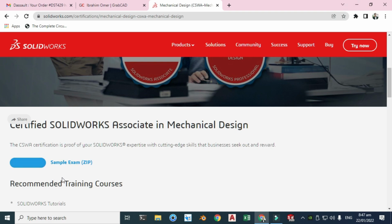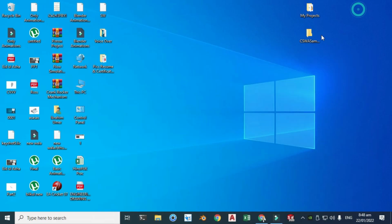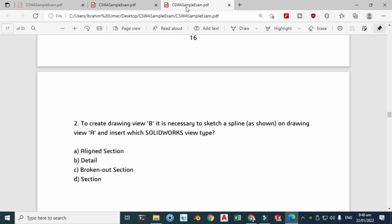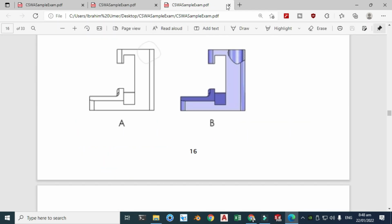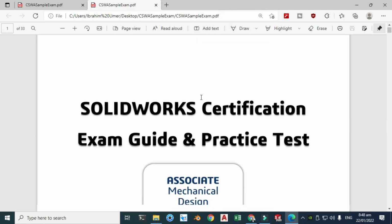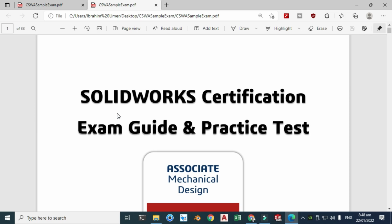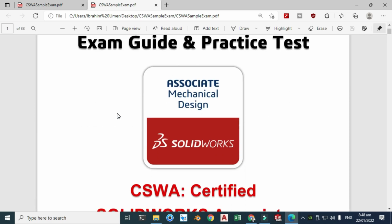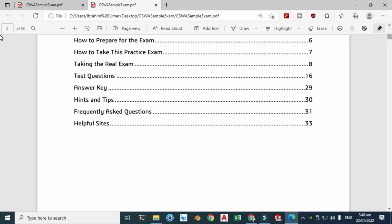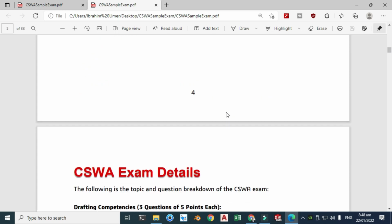I have already downloaded this, so let's minimize it. Let's go to CSWA sample exam and let's click this PDF. Okay, just cancel this now. SolidWorks certification guide, and it is very important. You have to go through it before appearing in exam, right? So I'll only show you the